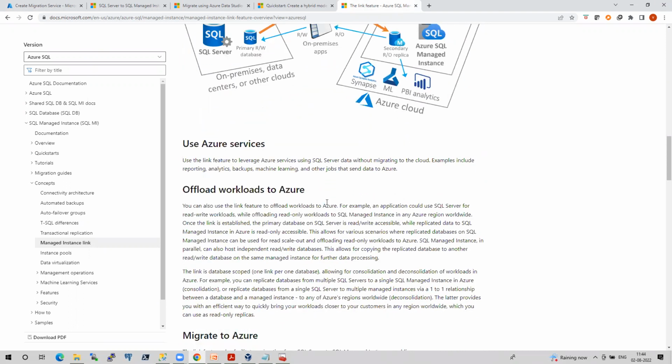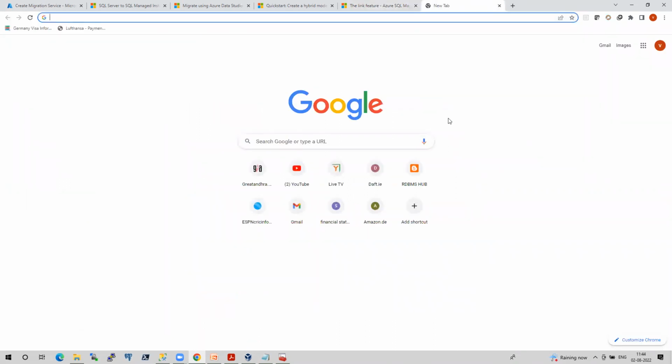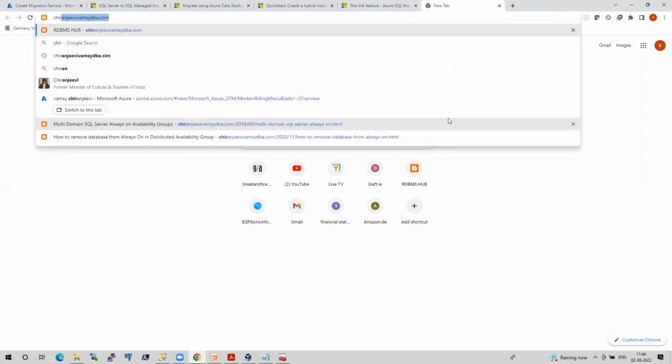Vamsi, do we need MI to MI failover? Anyway, underlying we have one replica which is always available, right? No need. See, the scenario comes to you: say someone asks you to migrate a database from one MI to another MI. It happened for me. Let me show you that.